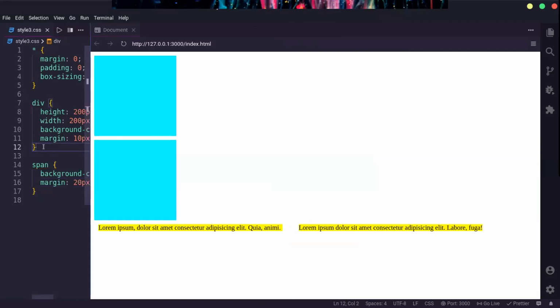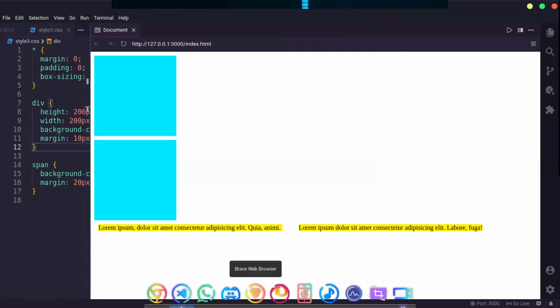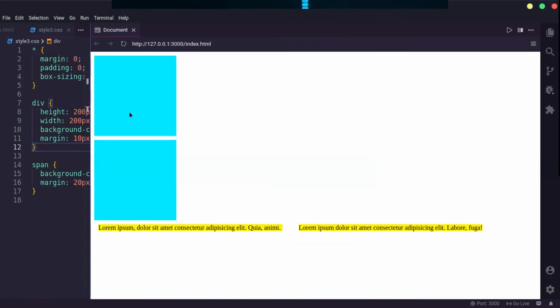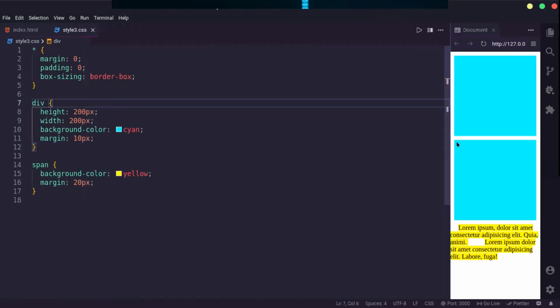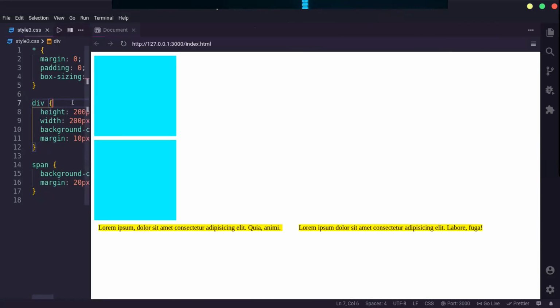So the biggest difference between these two, I guess we discussed this, but the main difference between these two divs and these spans is that the first span is occupying this much space, and the second span is occupying this much space.